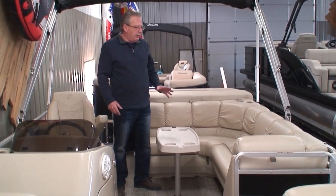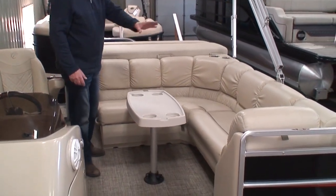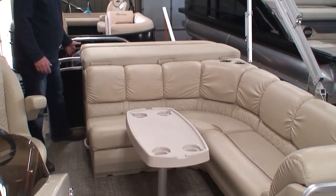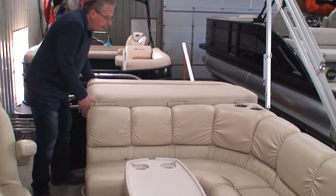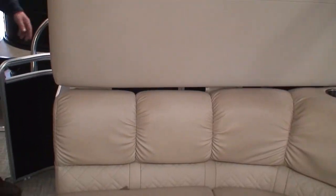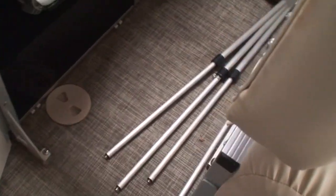Okay, across from the helm, the driver's seat, of course, is our big L bench. Chaise lounge, storage underneath, cockpit table. Under here, we have a sun deck that opens up and gives us some storage room back here. Now again, this door opens so we can walk in there. And